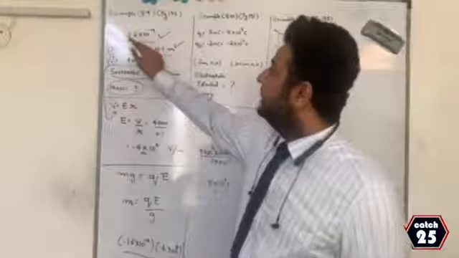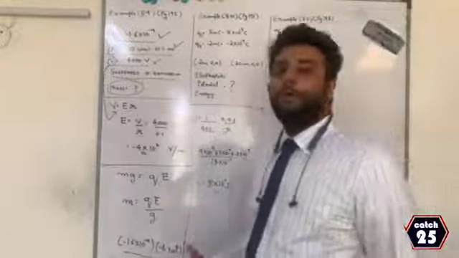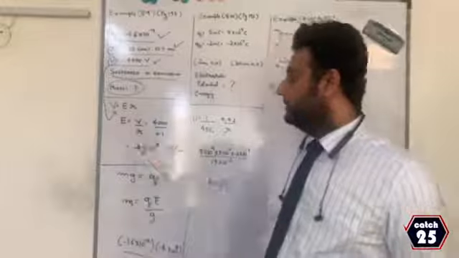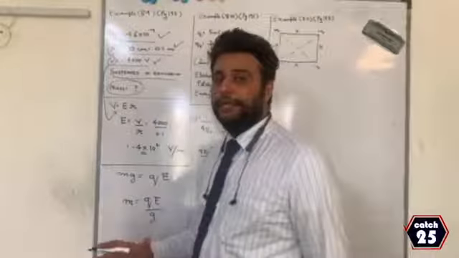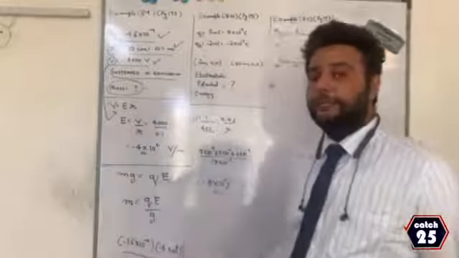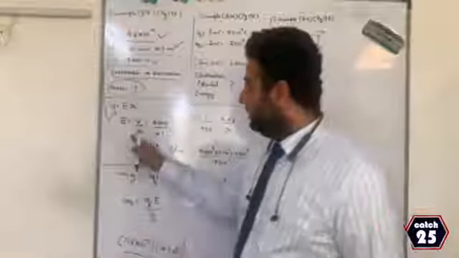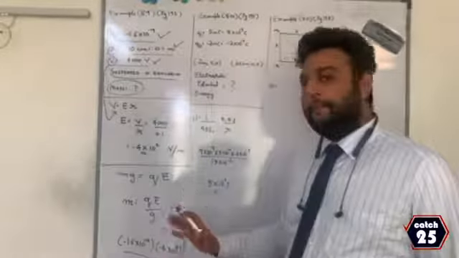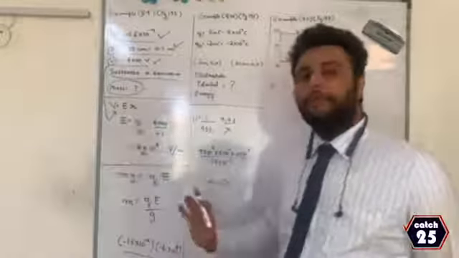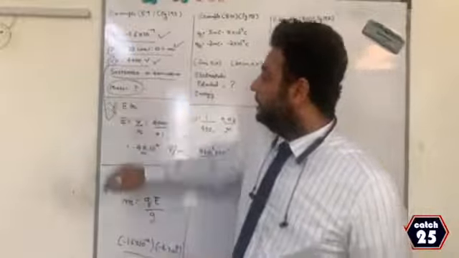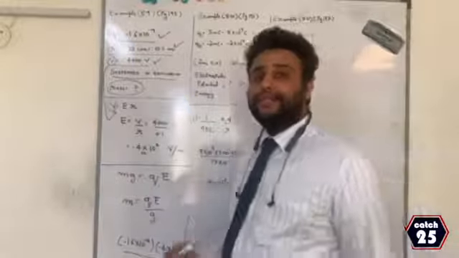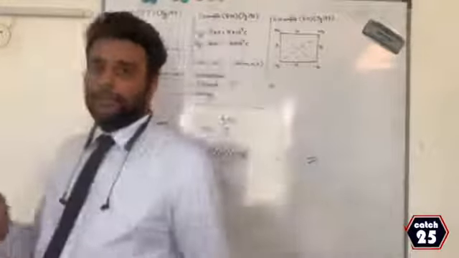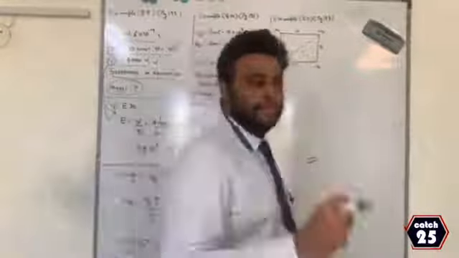Negative, because the charge is given as negative, so my potential also will become negative. That is the reason there is a negative sign here. In some cases people don't put it, and I'll explain later in which cases you do not put it, if you know that this negative and this negative will cancel in future and give us a positive answer. But as of now, 4 into 10 power 4 is the magnitude. So we even got E. But what they have asked in the question is the mass. They have not asked what E is. We found E using the formula V is equal to ER.